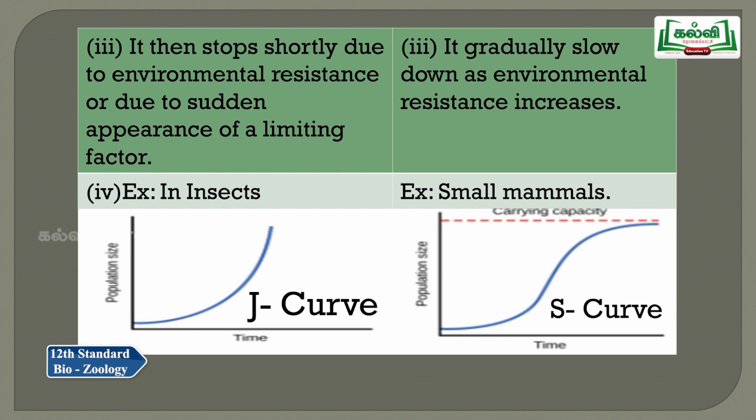If you take the S curve, it increases gradually and slowly, and as the environment is suitable for them, they start growing very fast and after some time they come to a slow end. So, that is called the S shaped curve. You will have the lag phase as the first step, then the exponential phase and a steady state. An example is small mammals. So, you have to write these points for the J shaped and S shaped curves.